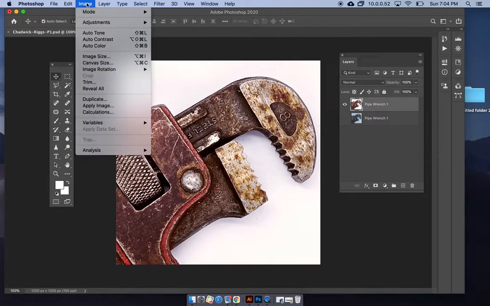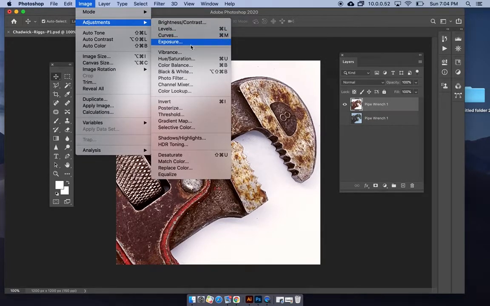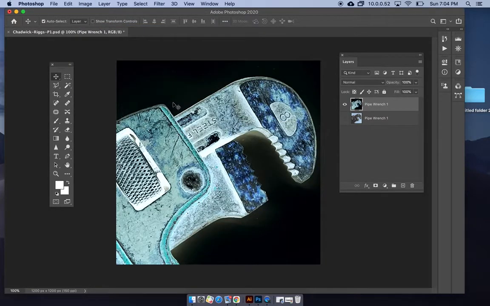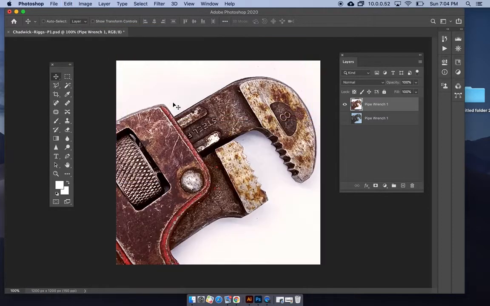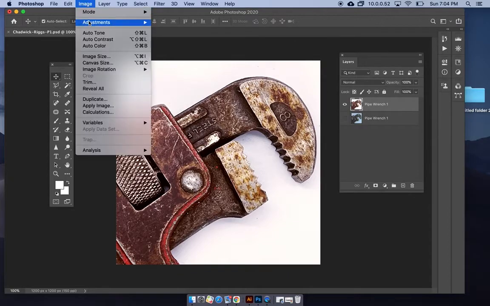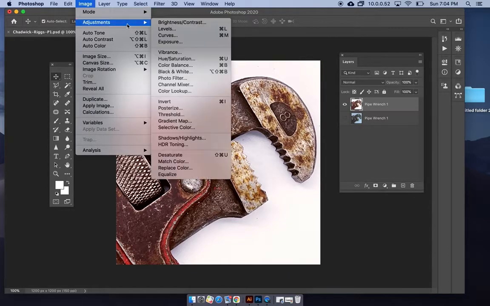Next, Image, Adjustments, and you're going to see down here there's ways to do some pretty crazy posterizing, invert. This is what invert does. I'm going to Command Z and undo that. But you're allowed to use all of these for your photos. I want you to just play around. I want your 4 macro shots to look interesting,